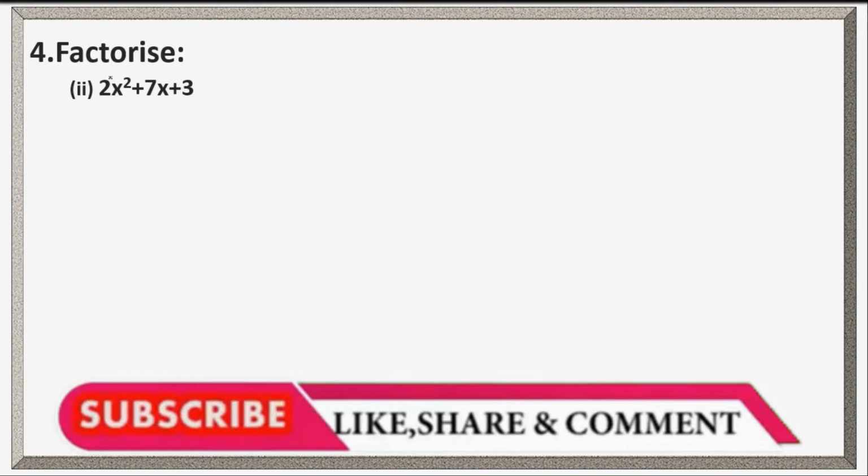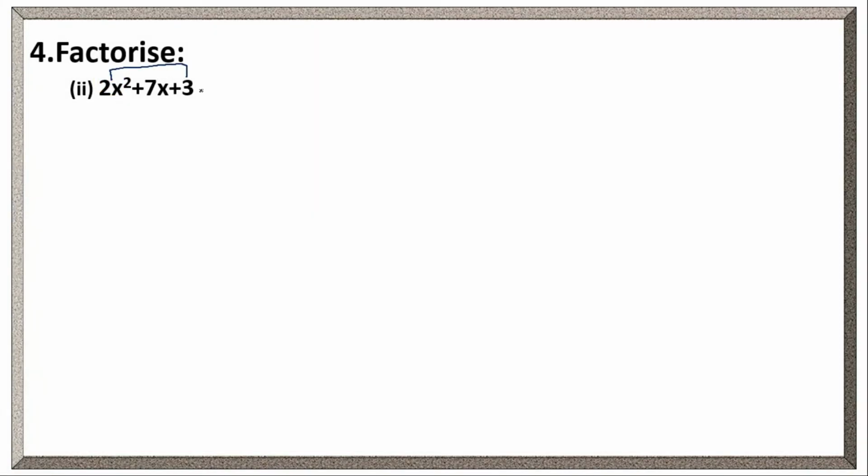In the same way, we have seen the previous problem, right? What we have to do? Now, the first and last term. The given polynomial is in standard form only. So, the x square term and constant term we have to multiply. If we multiply 2x square into 3, 6x square it will become. So, to find the factors of 6x square, the factors of the constant 6 we have to check. So, 6's factors are 2 and 3, or we can write 1 and 6. Yes or not? 2 into 3 or 3 into 2, like this.